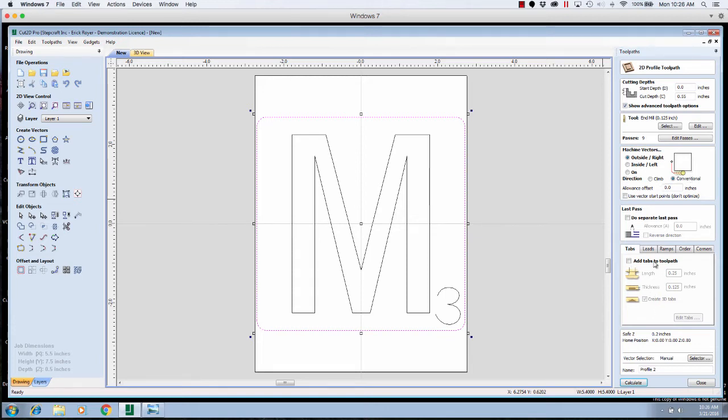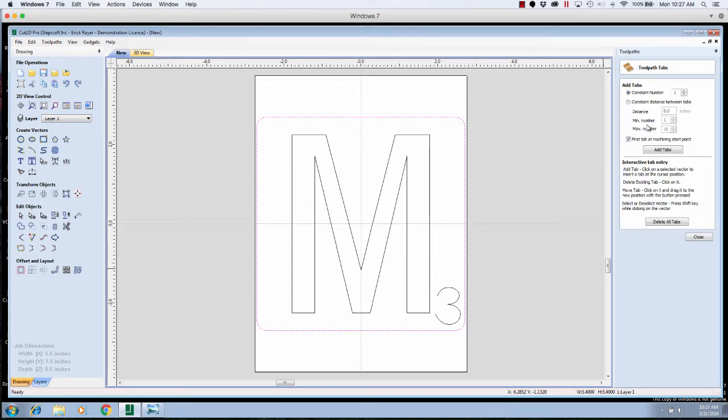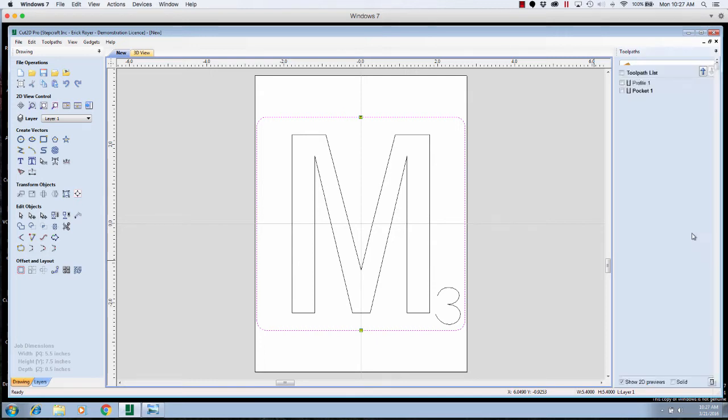We are going to use tabs this time because I don't want this piece popping out since it's going to be clamped in. I'm going to use a 1/4 of an inch tab that's 1/8 of an inch thick, and I'm going to do a 3D tab, which is kind of like a pyramid. I find them easier to clean off. We click Edit Tabs, and we're going to come over here. I'm just going to put one tab at the top and one tab at the bottom. Can't put tabs on the side because the end mill is actually going to cut that out anyway, so I don't need to worry about that. We're going to click Close,